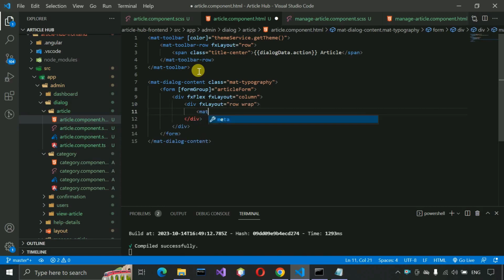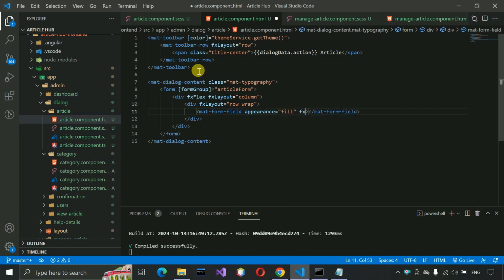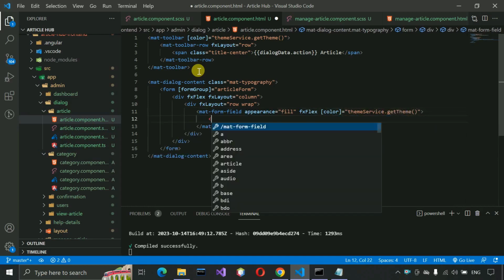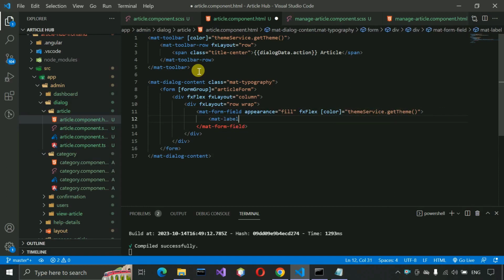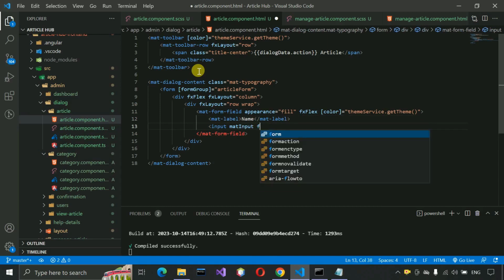And then we have to create mat-form-field, close this one, and appearance, and it will be fill, and fxFlex, and the color will be themeService dot getTheme, and mat-label and name, and input matInput formControlName equals title and required,